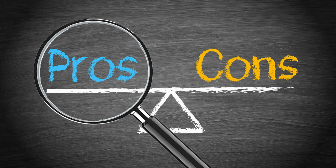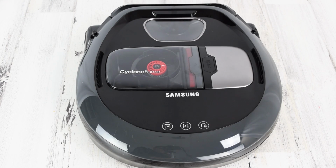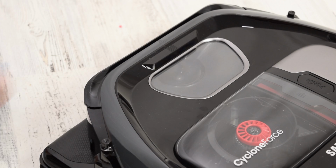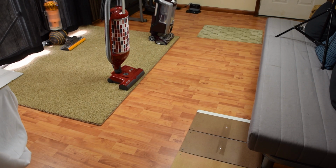First, let's look at the pros. The Samsung R7040 is the budget version of the Wi-Fi enabled Powerbots from Samsung, but it has some hardware and some features that you typically only see on high-end robot vacuums. For example, it has a camera and a suite of front-mounted sensors that combine to make it really advanced when